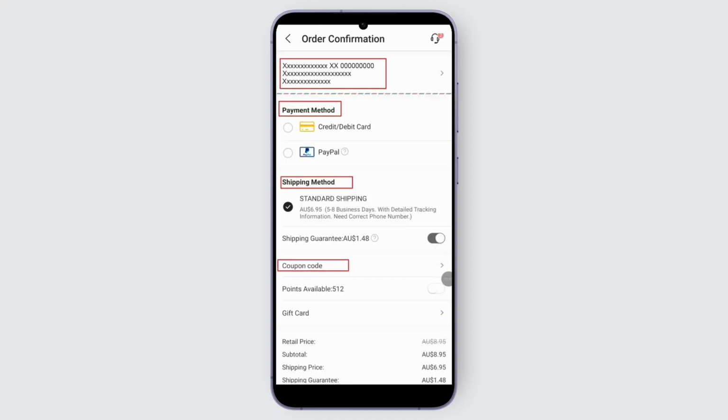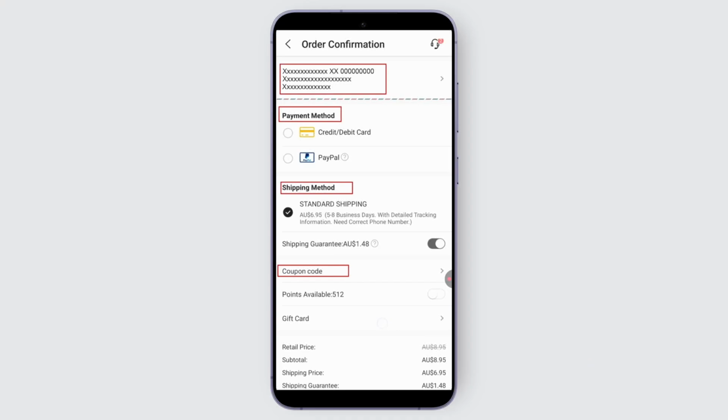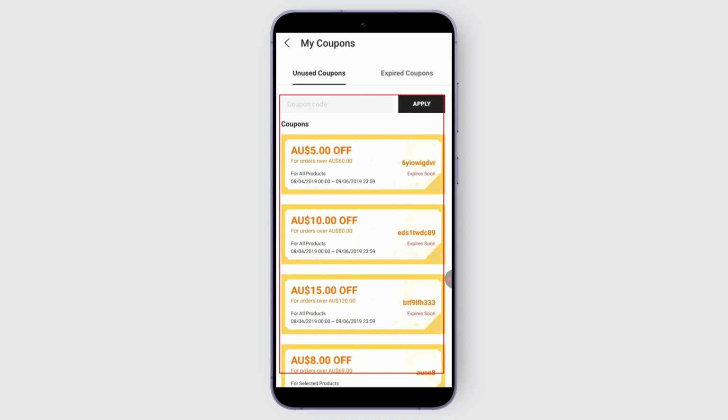where you may go ahead and confirm your order. So what you can do is see a designated area to enter a coupon code, often labeled as promo code or apply coupon. You can look out for that option and click on it. And once you click on it, you can apply the code that you have, verify the coupon code, and successfully apply it. The order will reflect the discounted price before